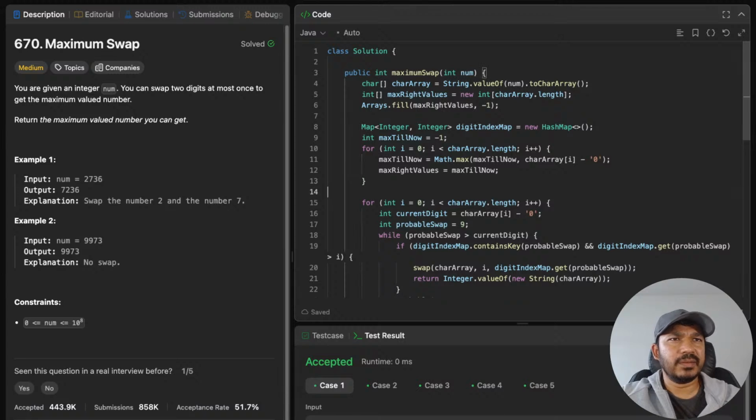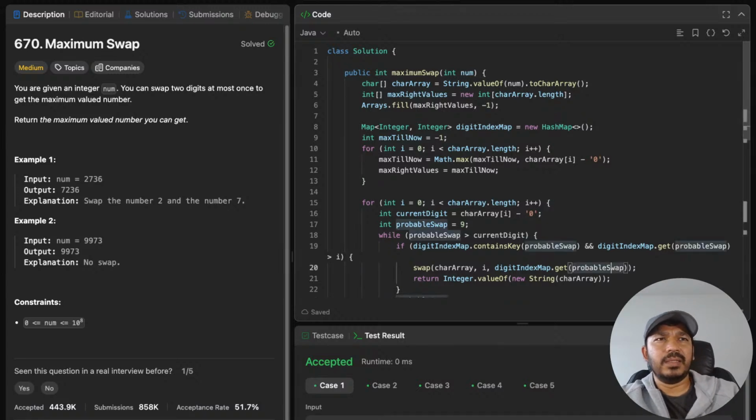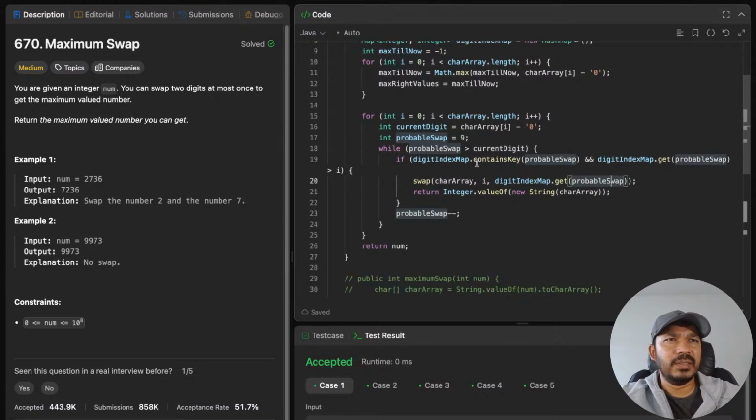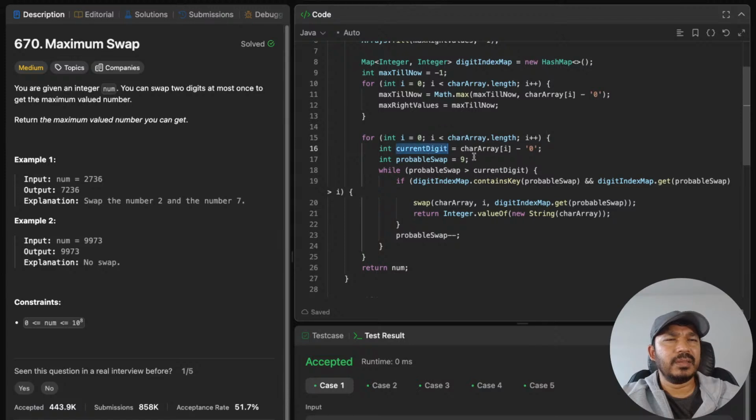So that is the max till now. Okay, and now while iterating through each of the digits here, if the max till now is greater than the current digit,